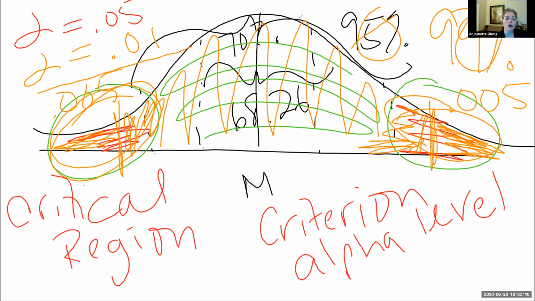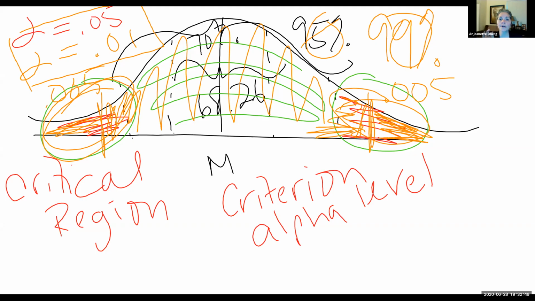And so this is what's called our criterion, or our alpha level, okay? And what we're saying is we will only allow a probability of less than 5% or less than 1%. That's how certain we want to be that our treatment worked, that our independent variable did in fact cause a change. We want them to be unlike the rest of the 99% or the rest of the 95%. We want them to be in those outer 5% of the population, or in the outer 1% of the population,